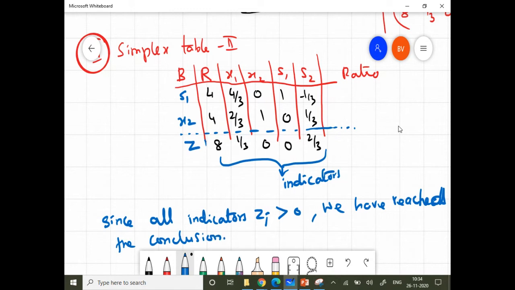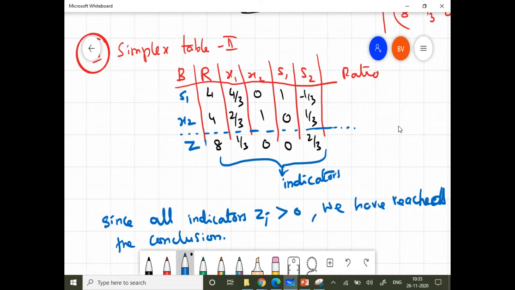Otherwise it will repeat. If there is a negative, again I will take the most negative. I will call the column the entering variable column, and it should enter somewhere. Someone has to leave. To find the leaving variable, again we will find the ratio and take the minimum ratio, kick the variable out, isn't it? And then use this matrix. Further, we will find the leaving variable row, entering variable column, and there will be a key element. That key element should be converted, and the reduction method starts again. If there is a negative here; if there is no negative, you are at the end.